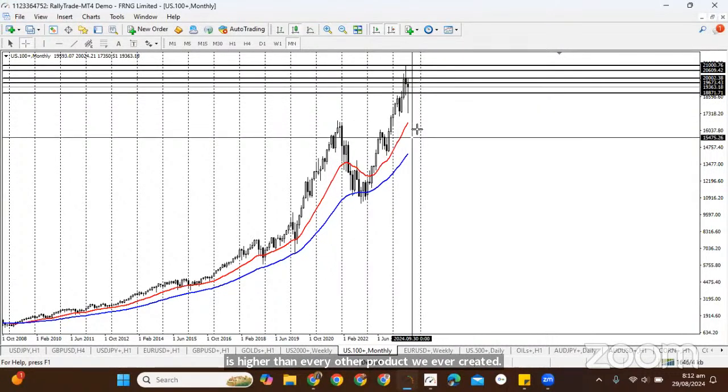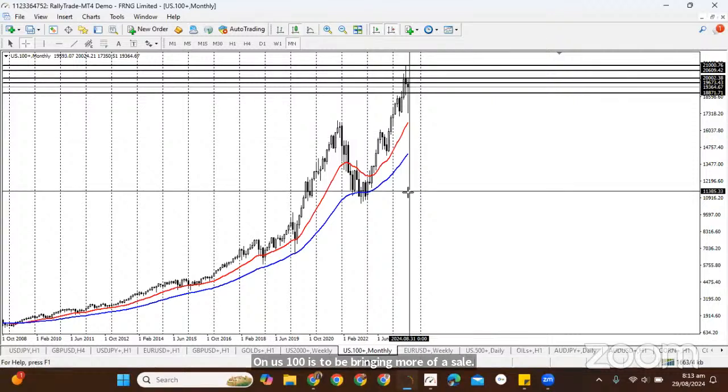But this instrument is not a respecter of resistance. You check it very well. It doesn't respect resistance at all. So the best thing to look out to do on US 100 is more of buy rather than sell. More of buy rather than sell. Now, somebody will say, but